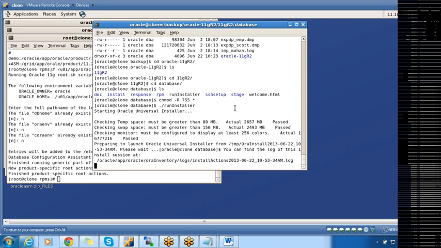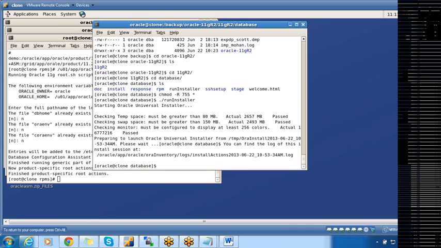For going from 10.2.0.1 to 10.2.0.5, we just invoked the DBUA. As DBUA is part of the 10.2.0 home, when we installed the 10.2.0.5 binaries, it went to the 10.2.0 home. It just upgraded the existing binaries to 10.2.0.5. But this time we have the RDBMS software in the 11.2.0 home. So that means we have to invoke DBUA from the 11.2.0 home. And also we have to copy the parameter file from the 10G home to the 11G home. So see the steps for how we do the major upgrade.